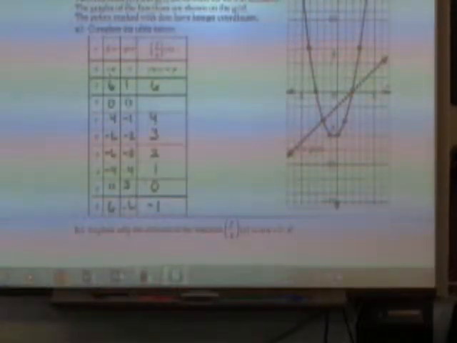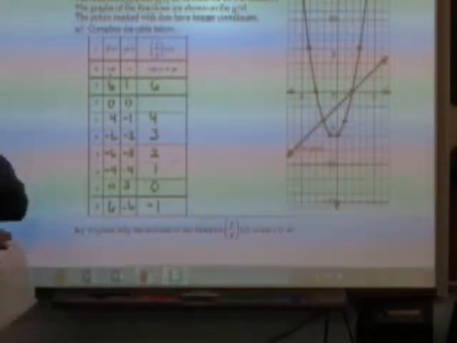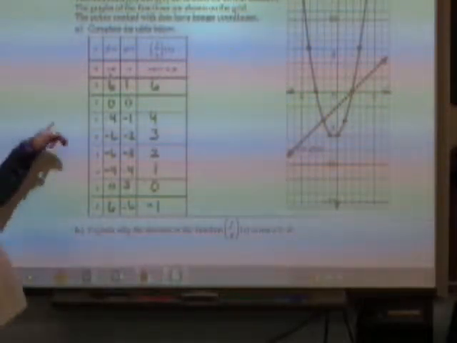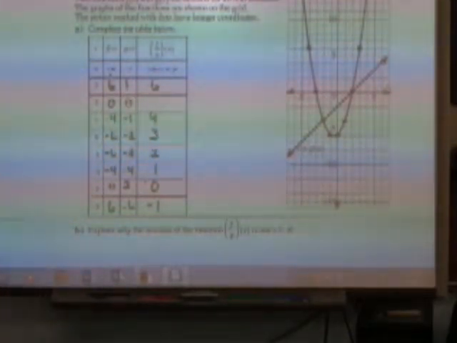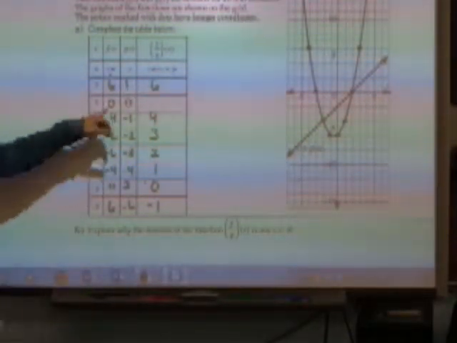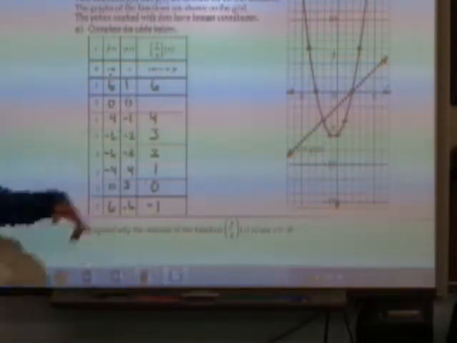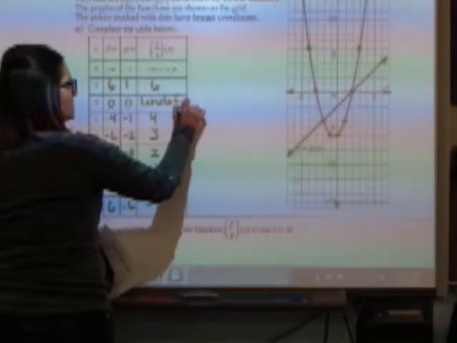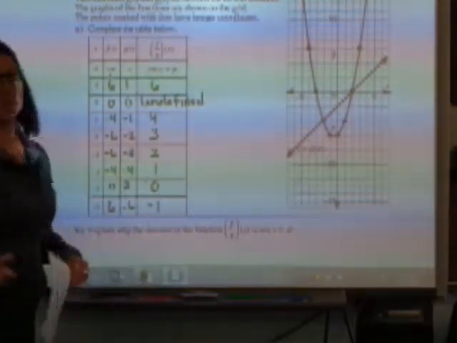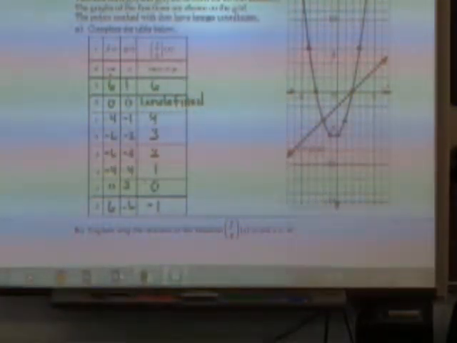So if we go through our values for f and for g and we divide, the only one that becomes tricky is when x equals 2, because I get 0 divided by 0. I cannot divide by 0, so this one we write down as being undefined. So that's how we express something that,